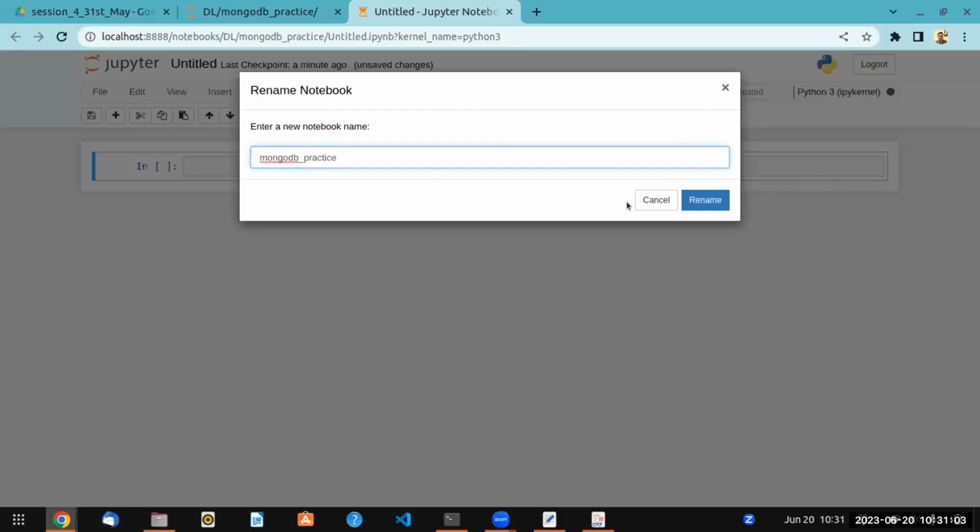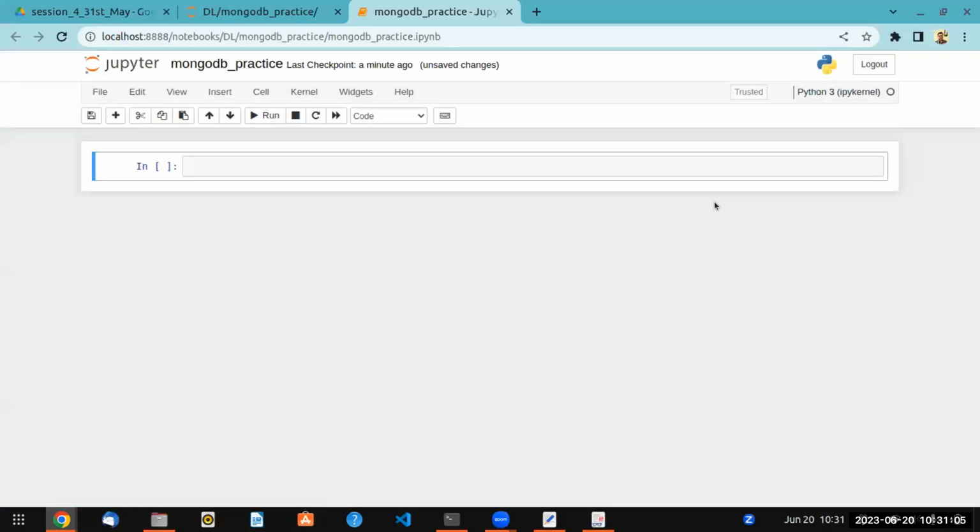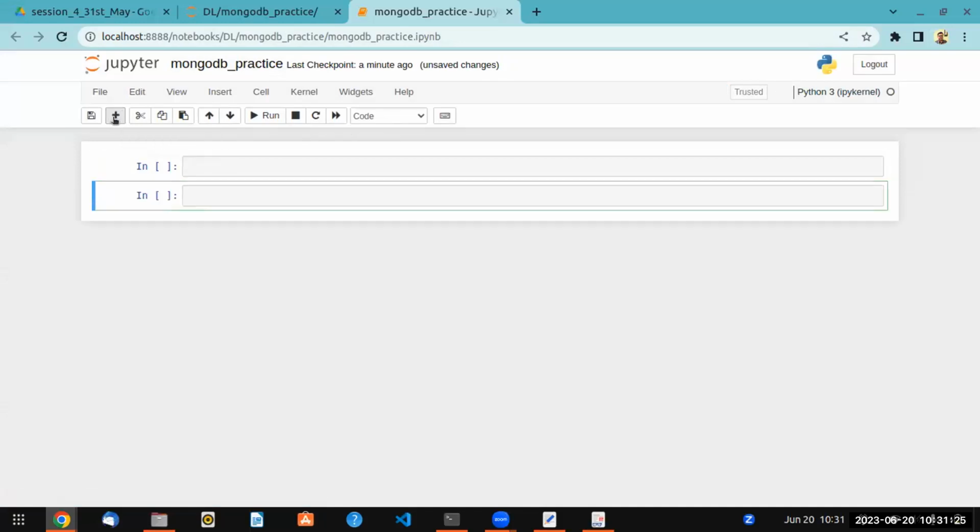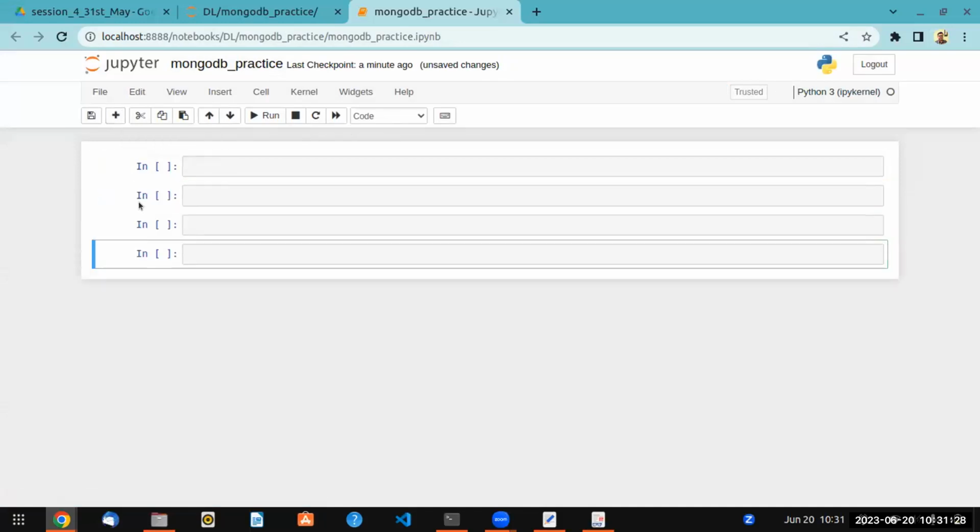So this is how you create a new notebook. Now this is your IPython notebook, ready for your coding. If you remember in Colab, this is the code running cell, and here also you can add a markdown cell. This plus sign means insert a cell. Whenever you are inside a cell, the color is blue, and when you click outside the cell,